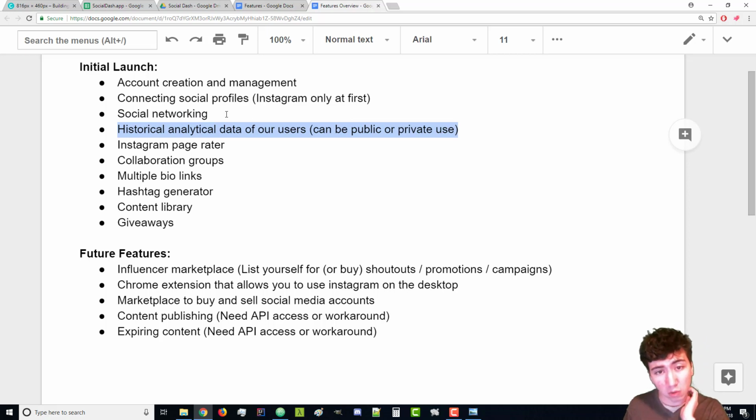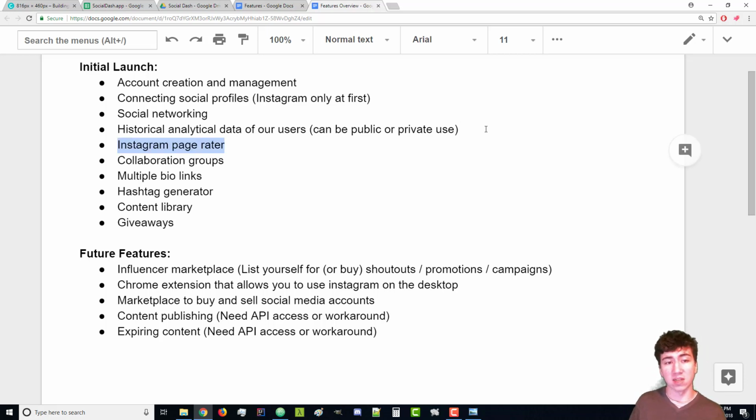Historical analytical data. So basically whenever you connect your Instagram, we'll start logging information about your account. When you post, your follower counts, and you'll be able to see some data on your account that will be displayed with graphs. You can actually publish that data if you're looking to do brand deals, which there's a feature down below that I'll explain more on. But if you want to have people reach out to you and work with you while doing a promotion or running a campaign for them, things like that, you can actually make a lot of that information public. I might make it so some information you can still hide and all that stuff. It depends on what the user wants. I want to give the user as much control as possible so they feel comfortable and like this tool is helping them.